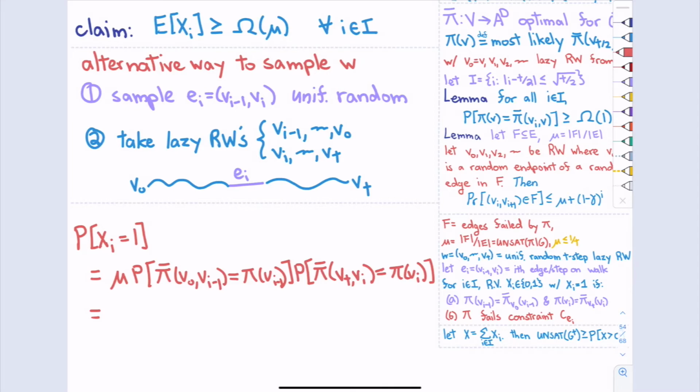Now you tell me. If this was less than or equal to 1, which I agree with, or if anyone disagrees, let me know, then we would conclude that this is less than or equal to mu, which would be an upper bound.